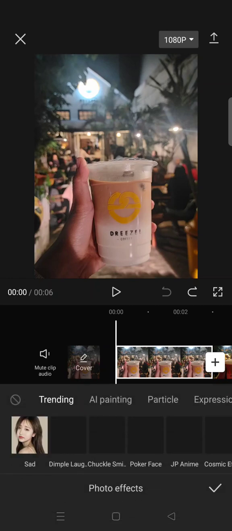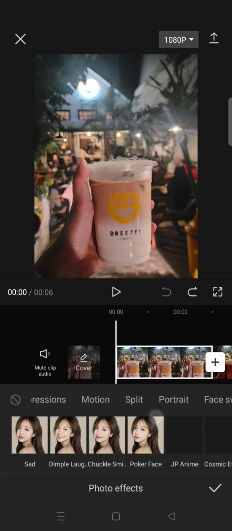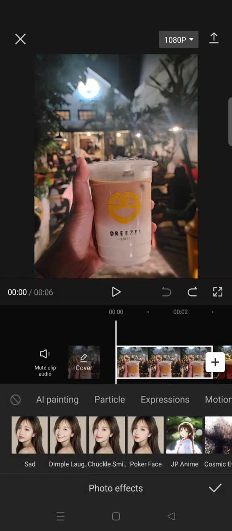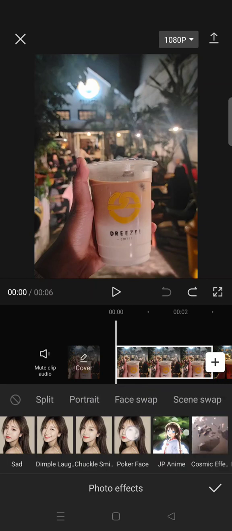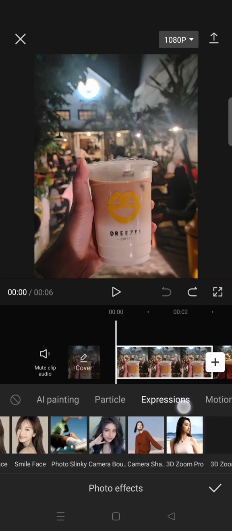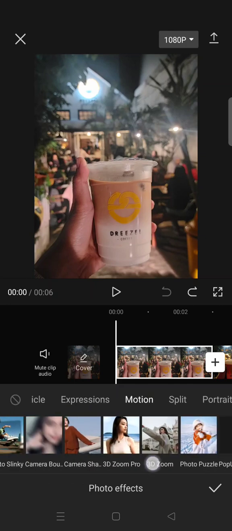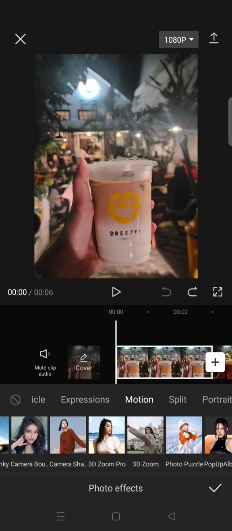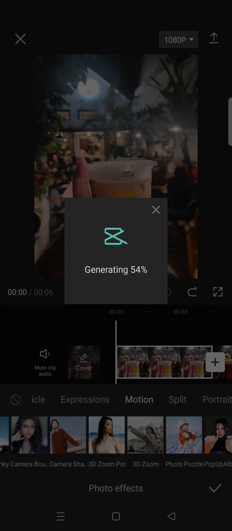So click on that, and here there are a few categories that you can choose. In the photo effects, there is AI painting, particle expression, motion split, portrait, face swap, and scene swap. You can just choose which one that you want to use. For example, I want to use the 3D zoom in here, so you can just click on the effect that you want to use